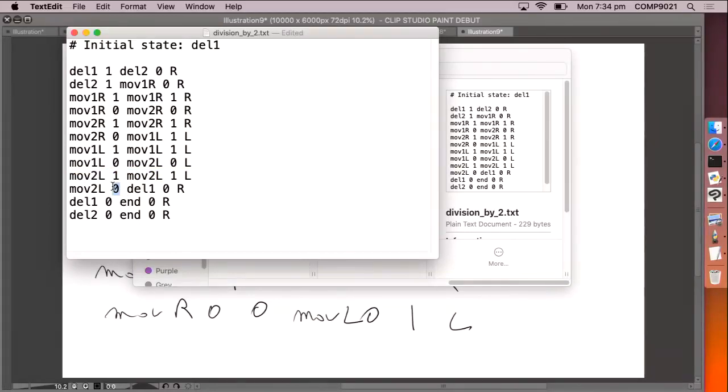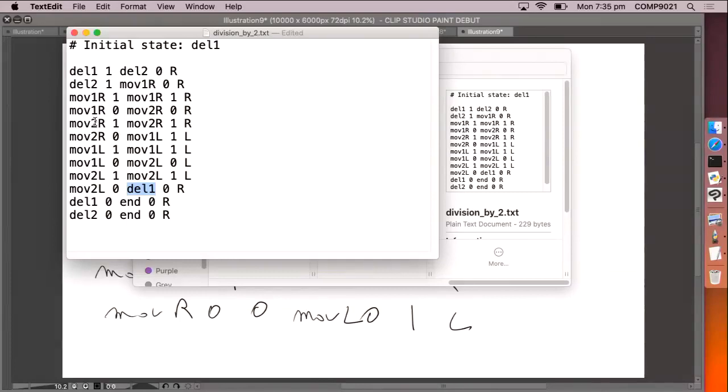We move to the right. What do we change to? We are about now to start deleting the first one of a sequence of 2, if any. So the crucial part: del 1 is the first state, the initial state, but it is also